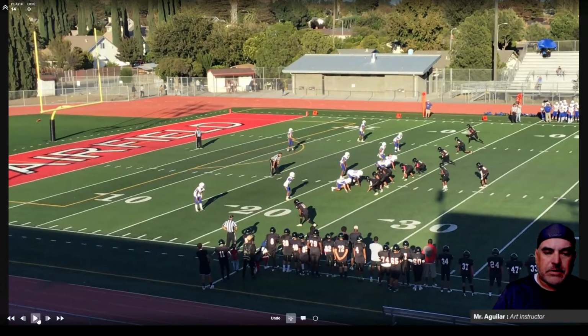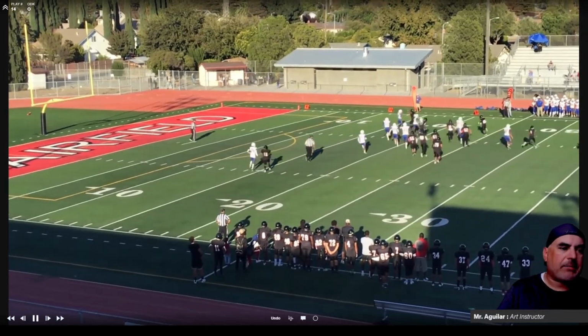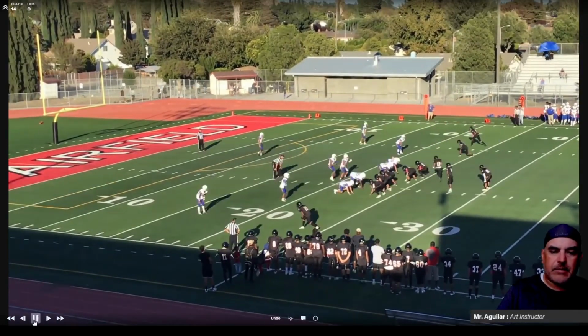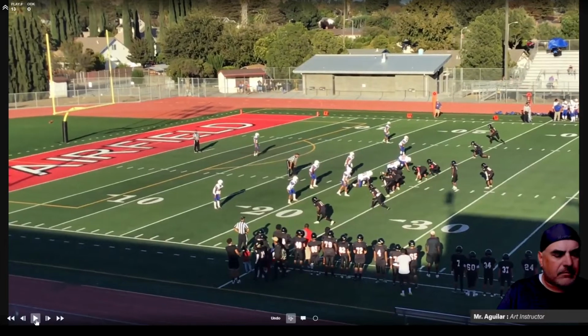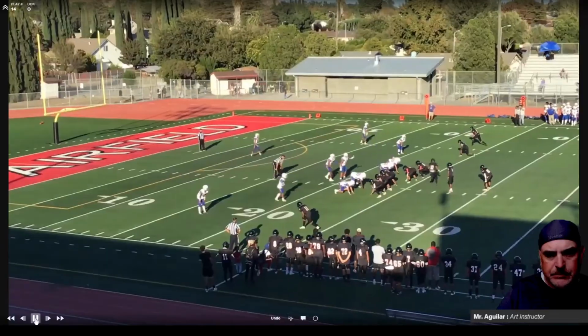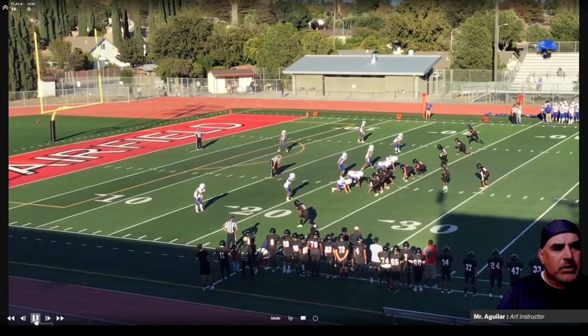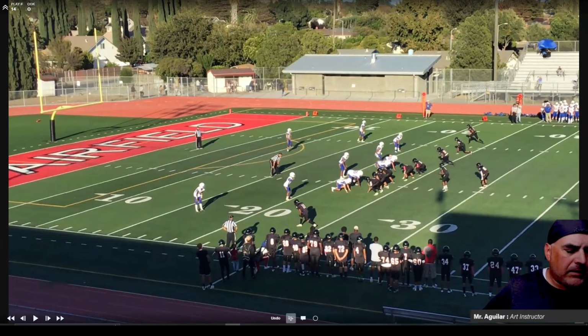So they're running trips. And it's just a pitch option. Okay. So this is something we want to look at. They're running trips. Was that this play? That was the next play. And they motion the trips. Okay. So again, we could just bump over to that. So they motion the trips. They're trying to create leverage. And then they're going to go that option. So let's look at this one.